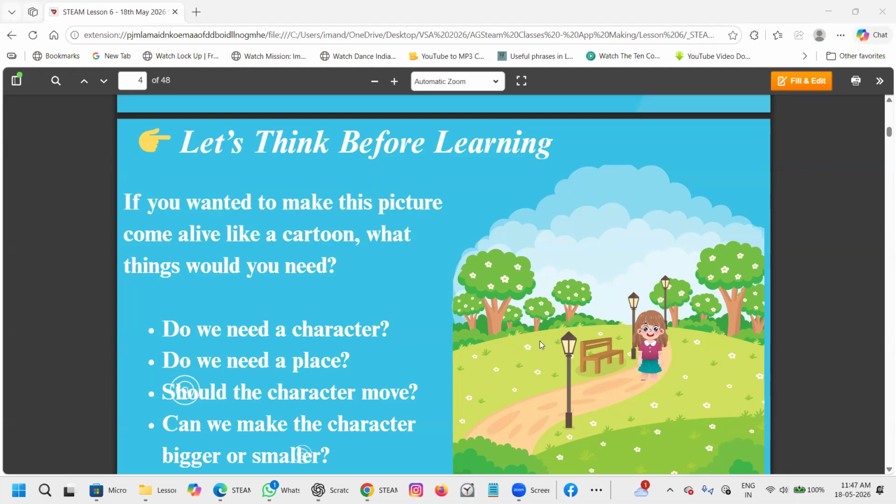A park is a place, right? So, do we need to have a place to show where the sprite is or where the character is? Do we need a place?